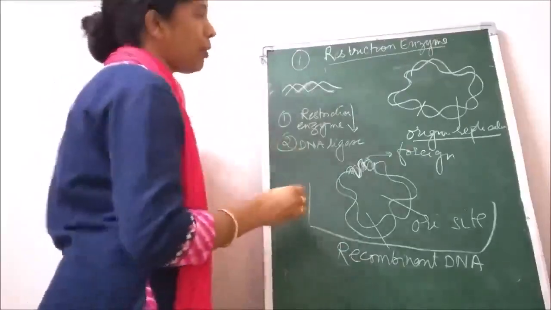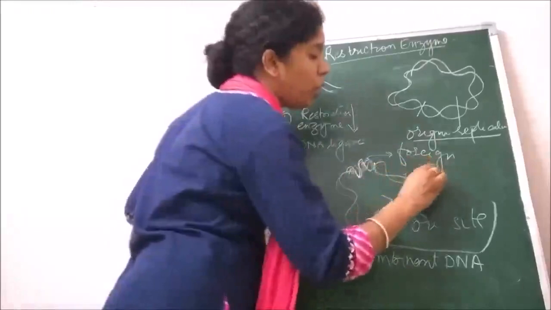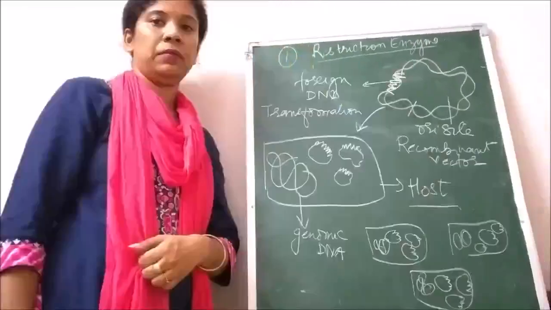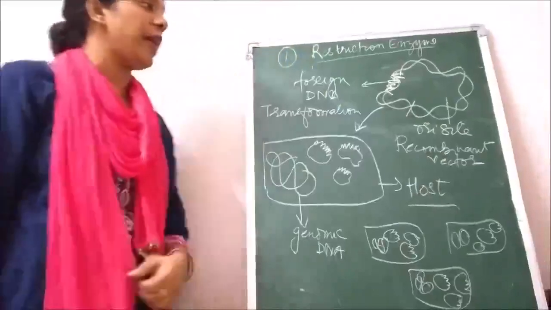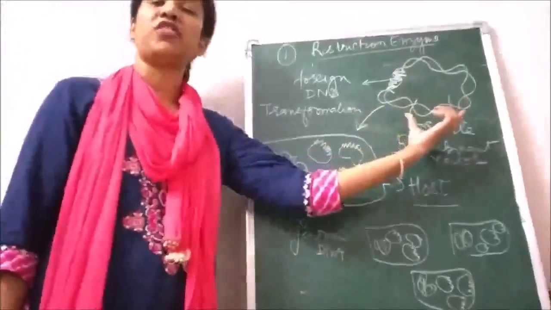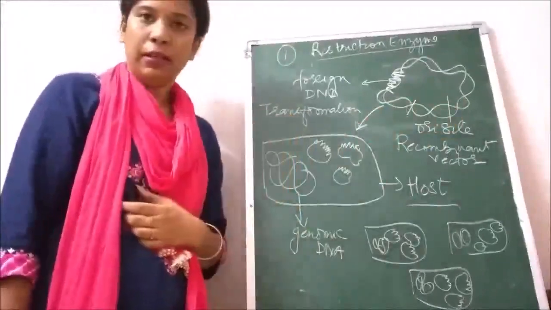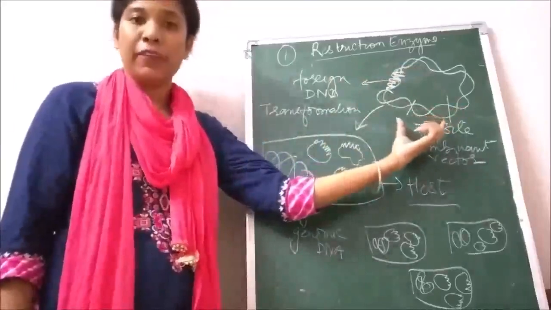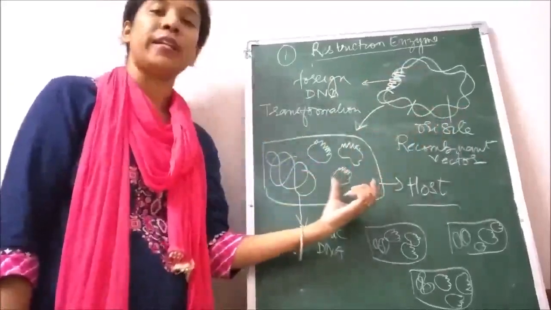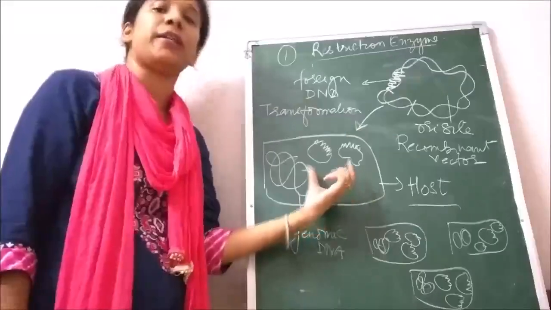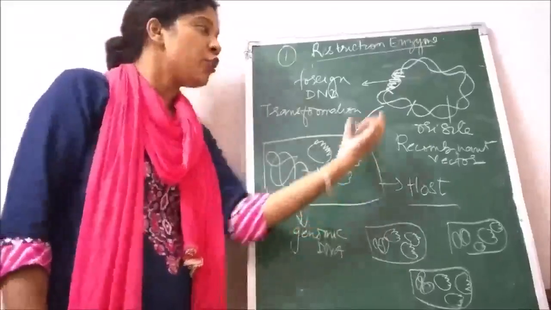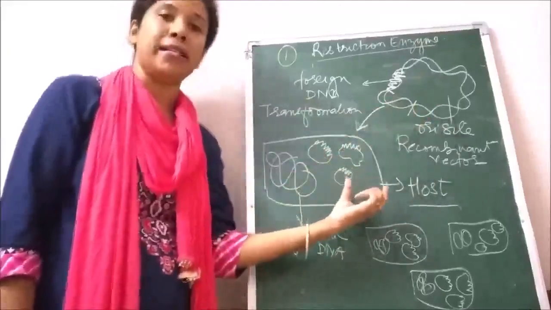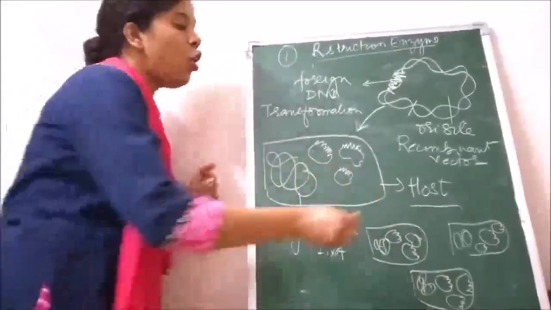Now this recombinant molecule we are going to introduce into a bacterium. The question arises, what is the need of introducing this recombinant molecule into a cell? Basically, this is a biomolecule. It is not going to amplify by itself. It has to be introduced into a living cell so that it can get appropriate enzymes to make multiple copies of itself. So it can be introduced into a plant cell or an animal cell or a bacterial cell, and such a cell is called the host cell.